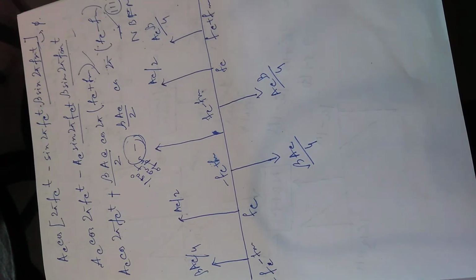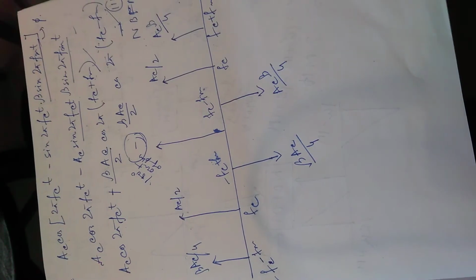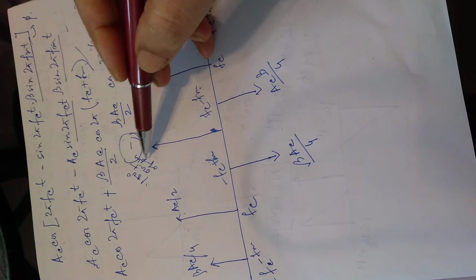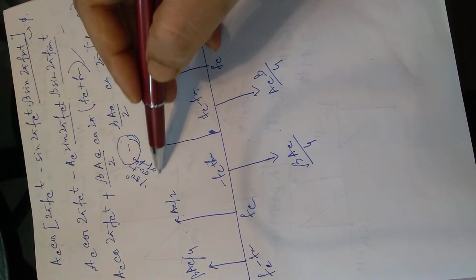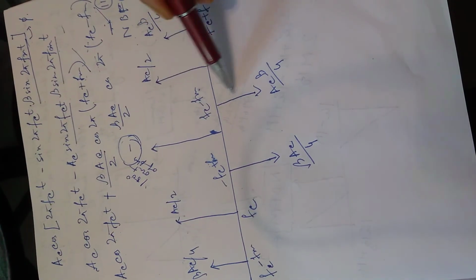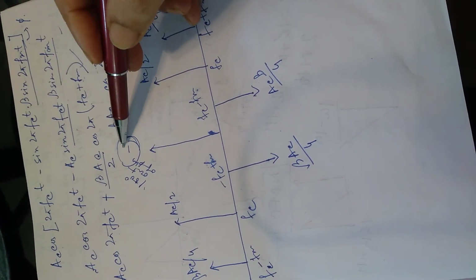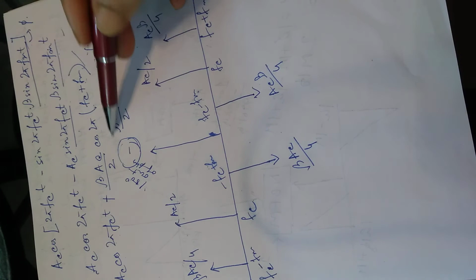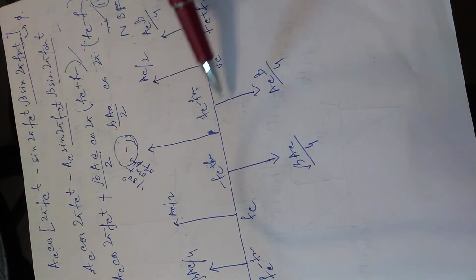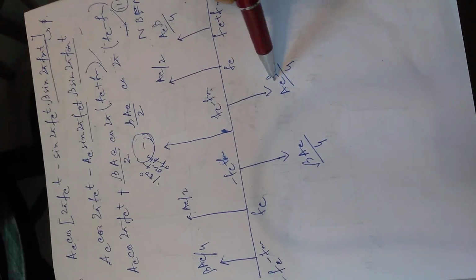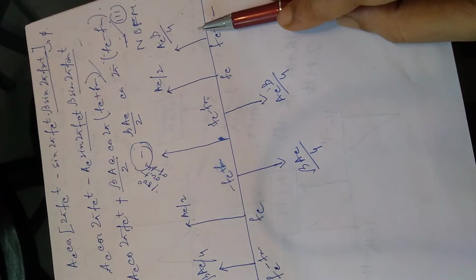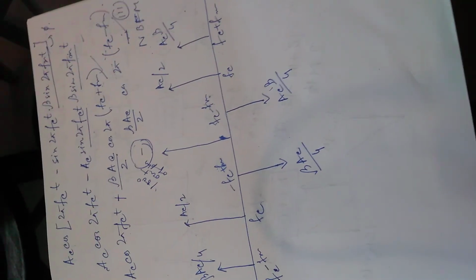Just one small difference from AM to NBFM: it is 180 degrees out of phase. My lower sideband is 180 degrees out of phase. If it is AM, it should be a plus. During NBFM it is minus, and it shows it is 180 degrees out of phase, and the spectrum looks like this. Thank you for listening.